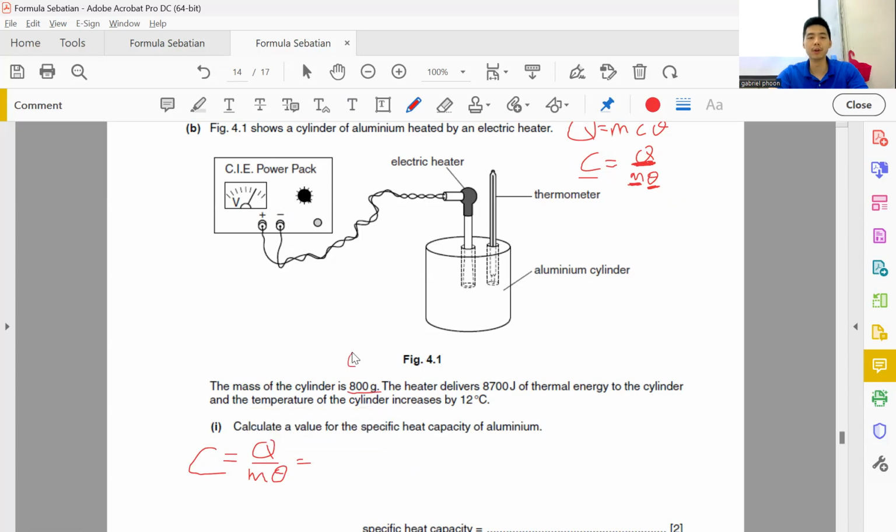No, you're supposed to convert it into 0.8 kg, because the standard unit of mass is kg. Then this is obviously your heat energy, and this is obviously your theta. So from here, it's literally 8,700 divided by 0.8 divided by 12, right? And if you press in your calculator, you should get